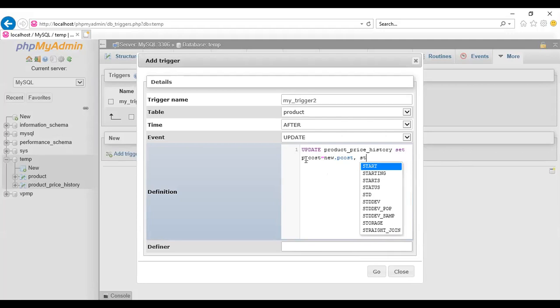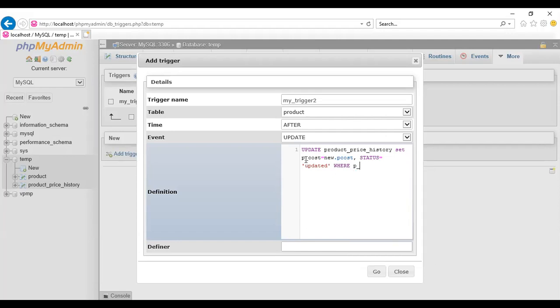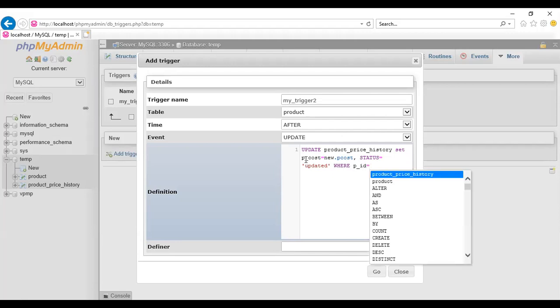Okay. So status is equal to, in place of inserted, it will be updated, where P_ID, that is a column of the product price history table, P_ID is equal to old.PID.